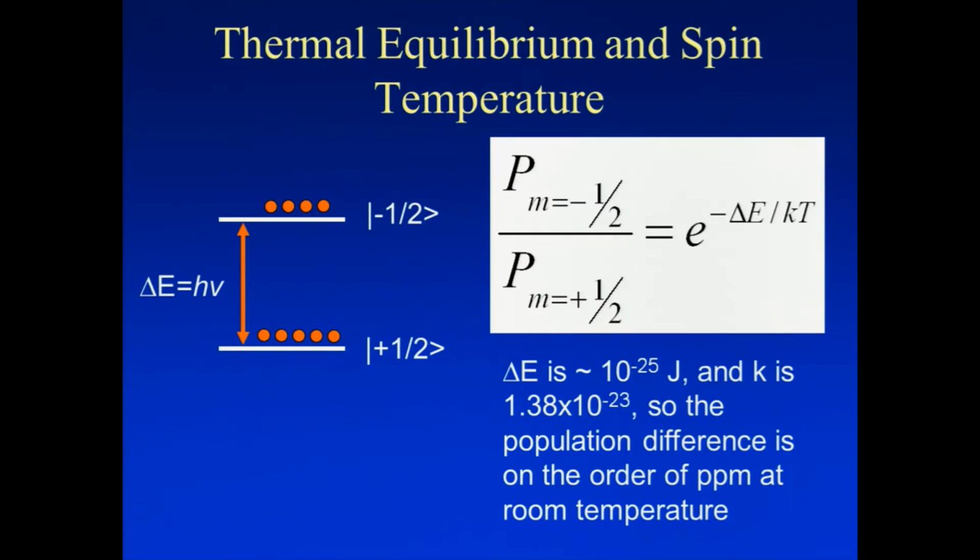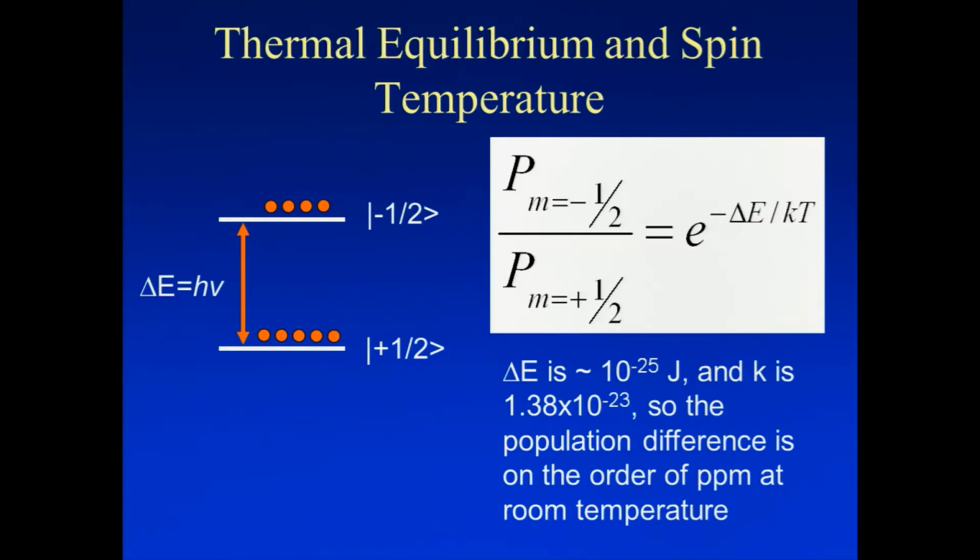If you look at the equation here, this is the magnetic energy over the thermal energy. The problem is that, say you've got an Avogadro's number of spins, just from the top, you take a 10 to the 6 haircut for the number of spins that you can actually observe at anything approaching a regular magnetic field